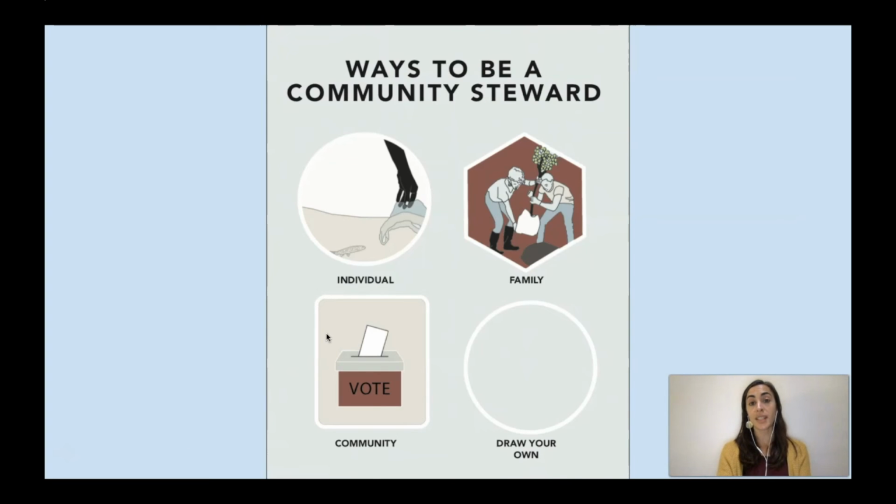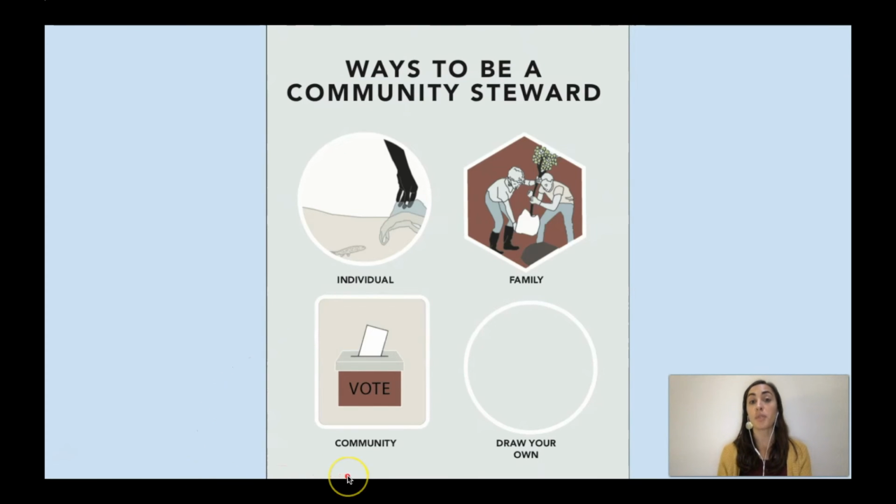Now, there are different ways that you can do that. Maybe you want to do it individually, a little bit like what I was asking you before. What are some of the things that you can do to change the scenarios after the storm and how the water gets polluted after the storm? Maybe that is picking up more trash, as we can see in this example here. That is a good thing that you can do individually. Then there are things that you can do with your family to also help reduce the impact of storm water on our river and the water quality in our river.